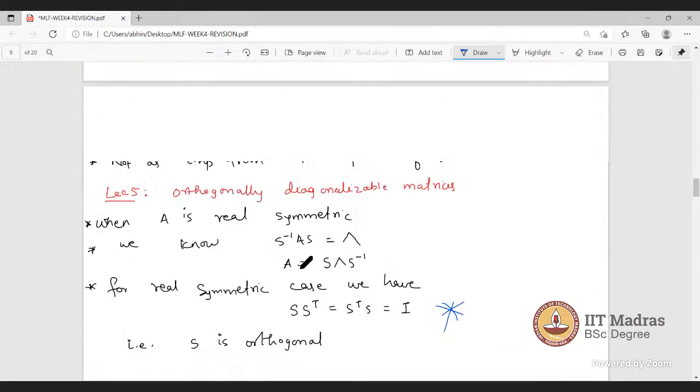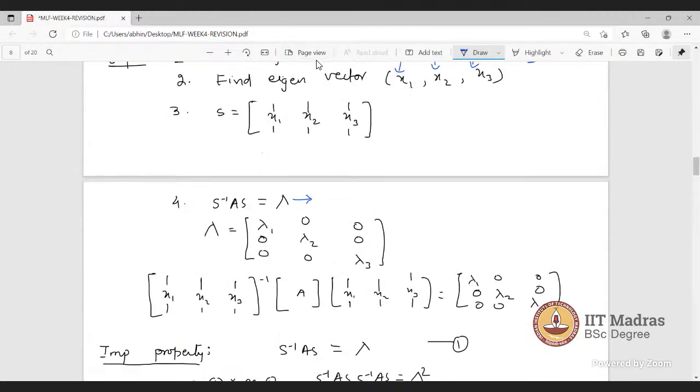Any doubt, you can please go ahead. Sir, I have a doubt that S is always unique. It was given that S is always unique, but no, S is not always unique. Okay. S is not unique. We have discussed this thing also. S is not unique because these eigenvectors are not going to be unique. If you multiply an eigenvector with some scalar, it is again an eigenvector.